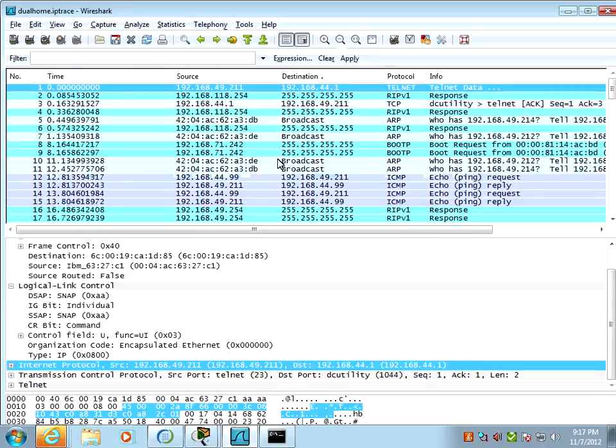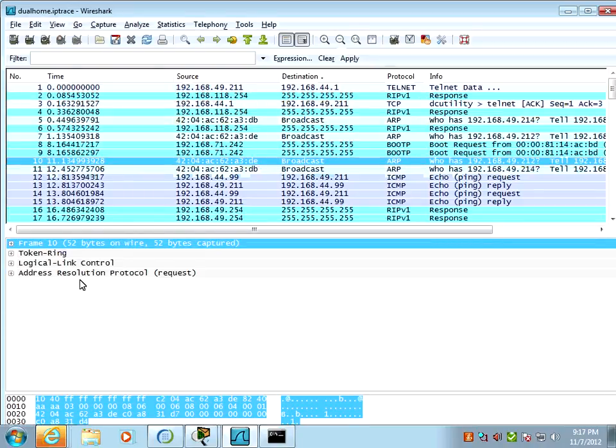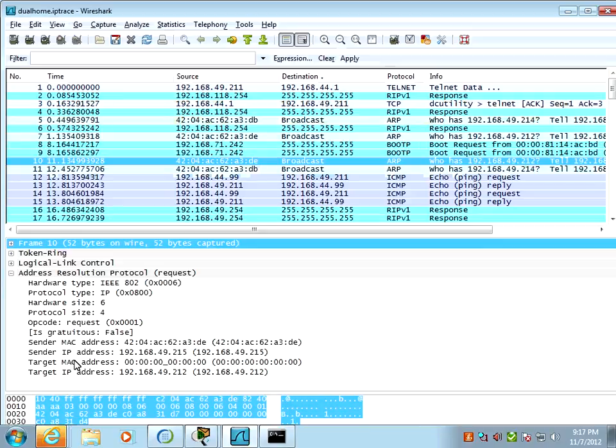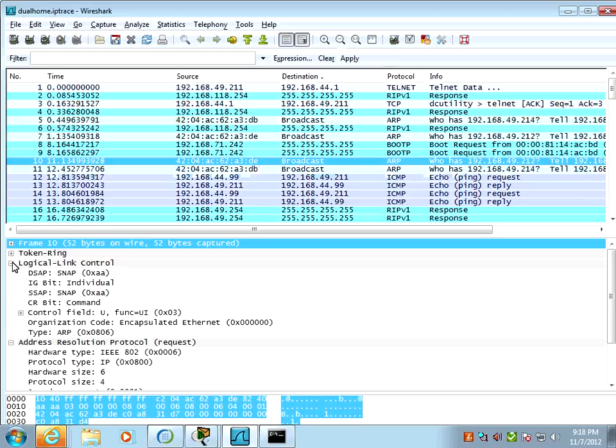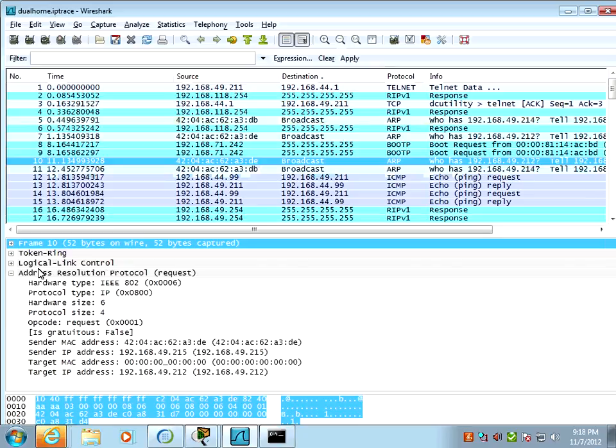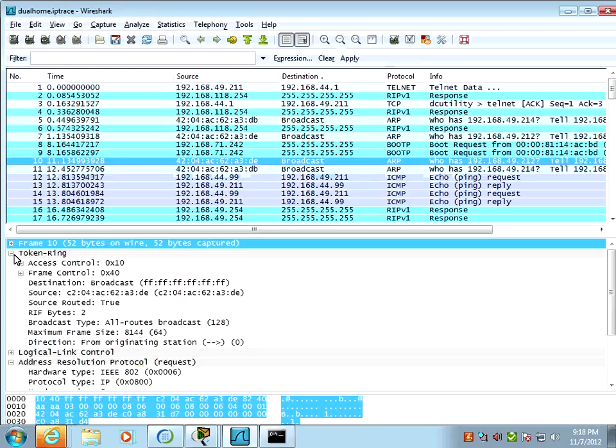By the way, here's an ARP broadcast. Here's the same thing you got, right? You got an ARP resolution request just like this one does. Same format, right? The only difference is this one requires Token Ring and logical link control in order to get that packet out onto that network. Whereas in your Ethernet 2, all it took was an Ethernet 2 header, right? And the Ethernet 2 header's got the type code built into it, and it does not require all this extra stuff like access control. Like if you look at your Ethernet 2 header and we look at our Token Ring header,